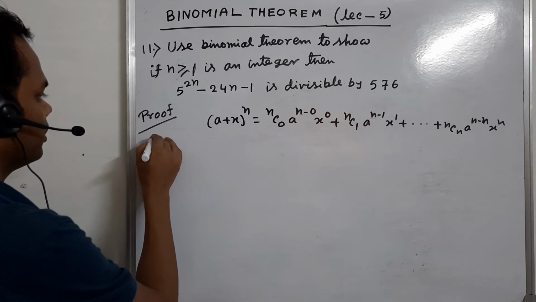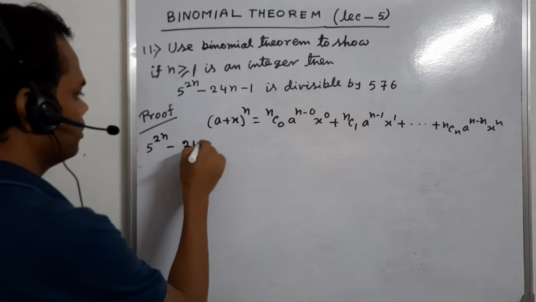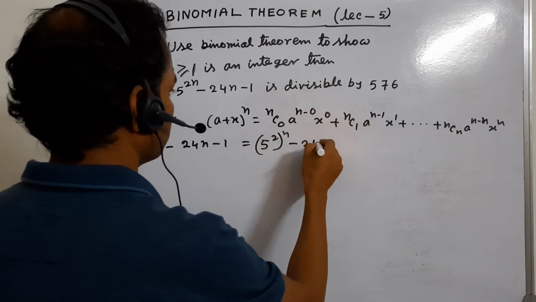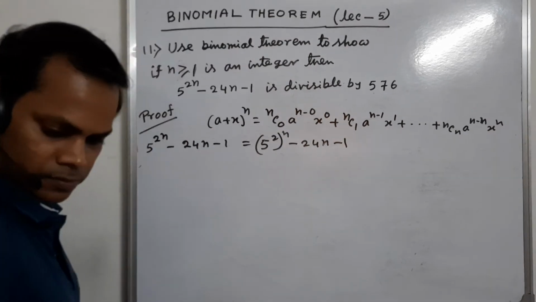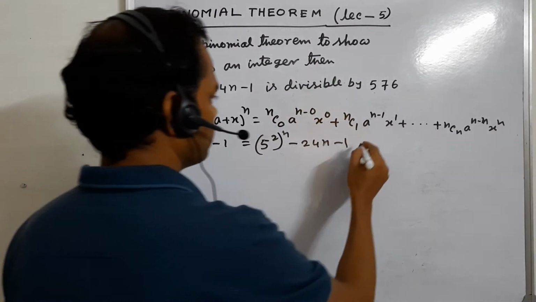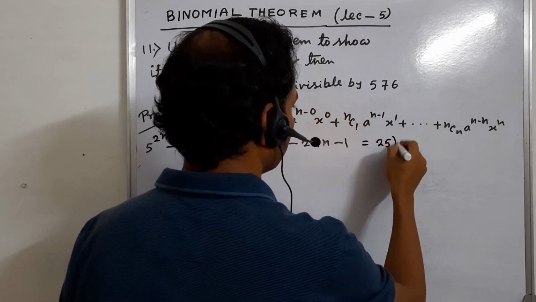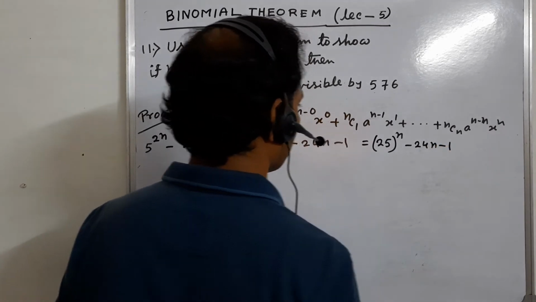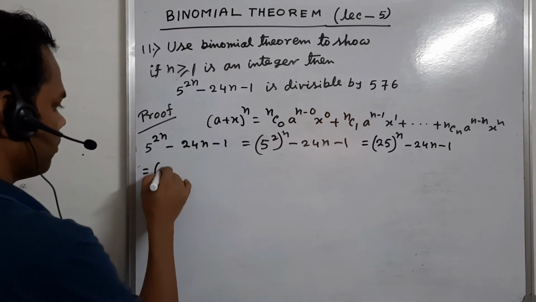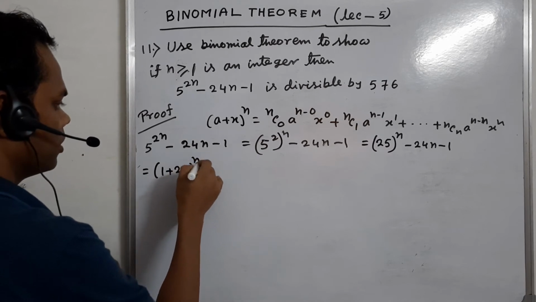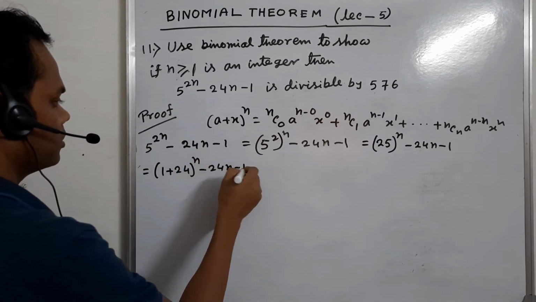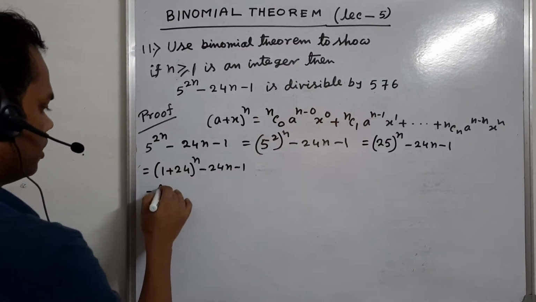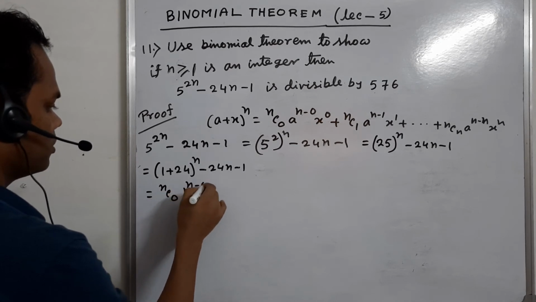So solve this sum: 5 to the power 2n minus 24n minus 1. This can be written as 5 square whole to the power n minus 24n minus 1. So 5 square can be written as 25 whole to the power n minus 24n minus 1. So 25 can be written as 1 plus 24 whole to the power n minus 24n minus 1. So by using this theorem on this, we get nC0 1 to the power n minus 0 24